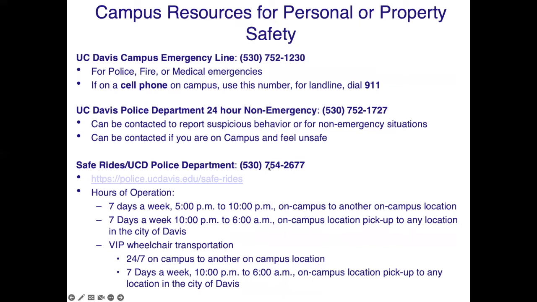UC Davis Police Department 24-hour non-emergency number is 530-752-1727. They can be contacted to report suspicious behavior or for non-emergency situations. They can also be contacted if you are on campus and feel unsafe. The UC Davis Police Department also offers Safe Rides Escort Service. They can be contacted by calling